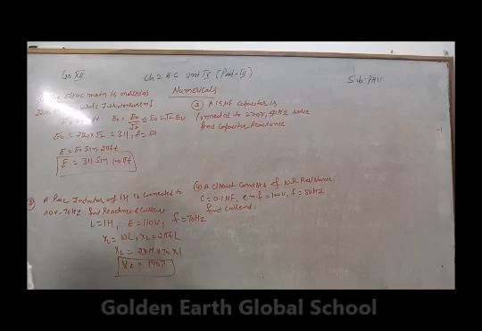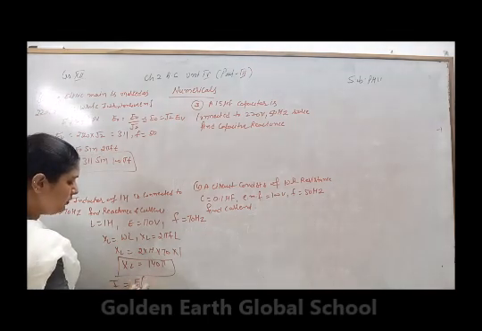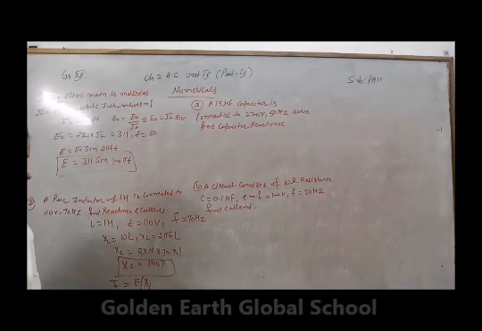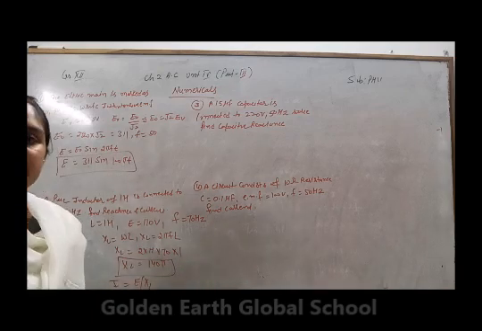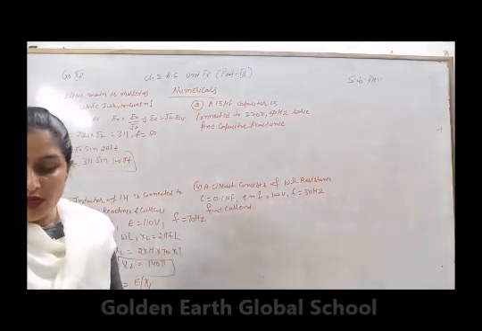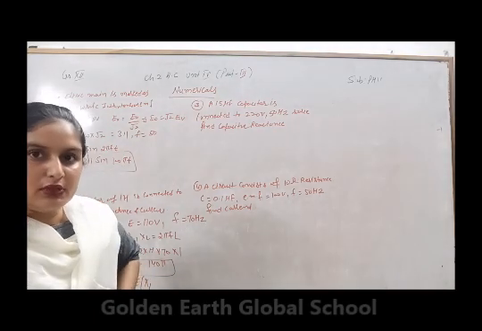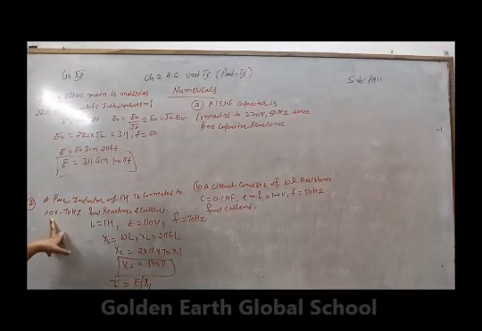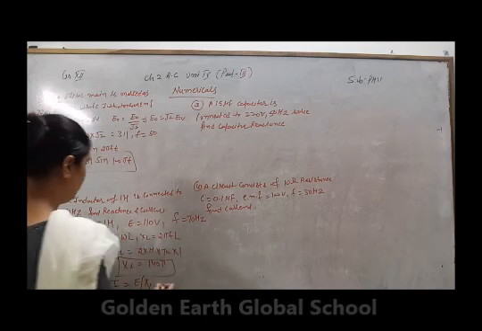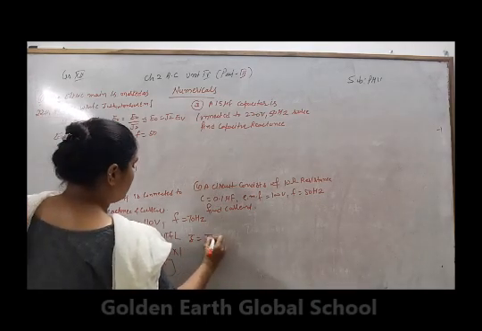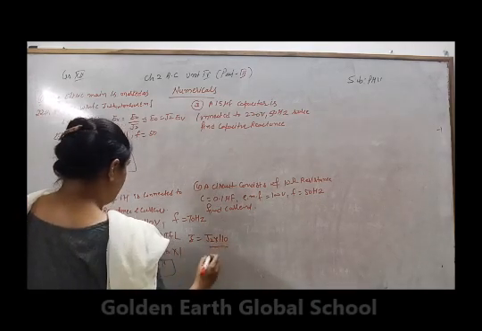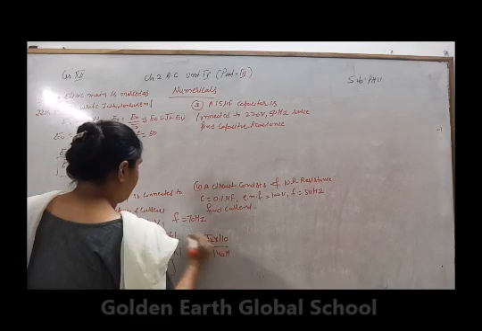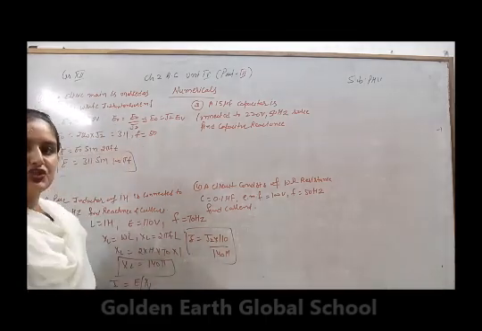Next we have to find the current. Current will be equal to E upon XL. Current is given by E divided by XL. Now what is the E here? Now we have given the virtual value. From here you can calculate the E. So E will be equal to under root 2 times 110 divided by 145. From here you can make the calculations.